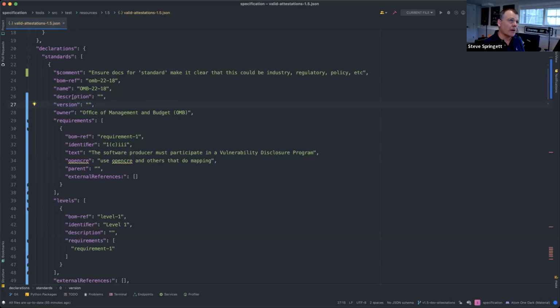So I guarantee you that, at least in the OWASP community, I don't think we're going to have different documents for each of the levels. That's not what we're going to do. We would probably have a single document containing everything.